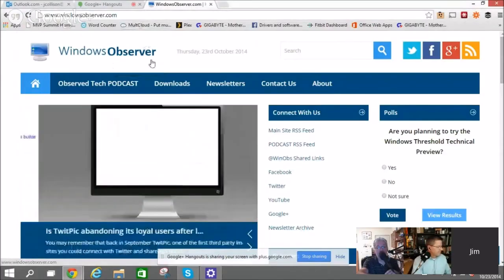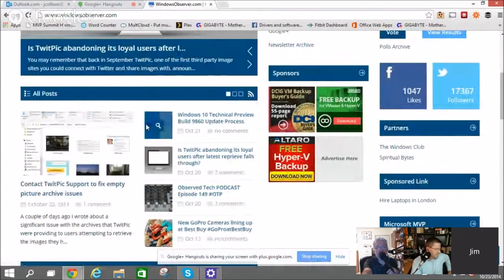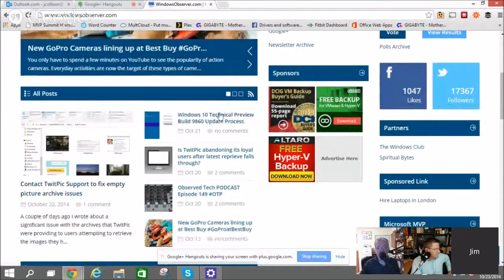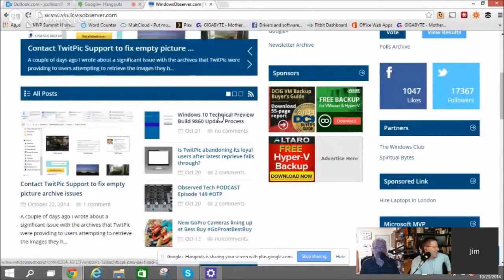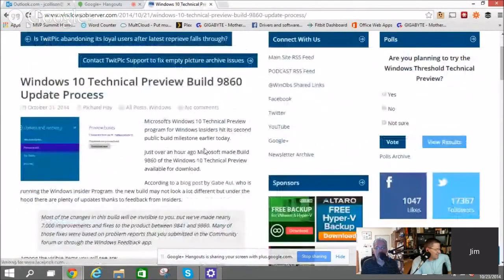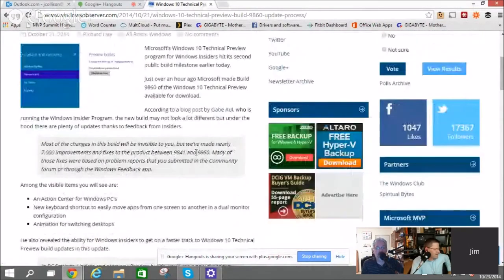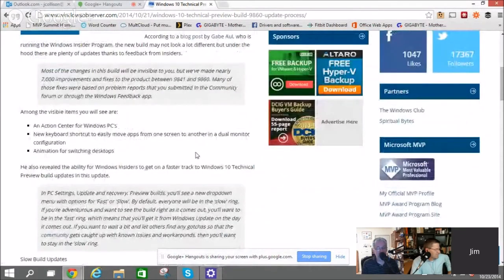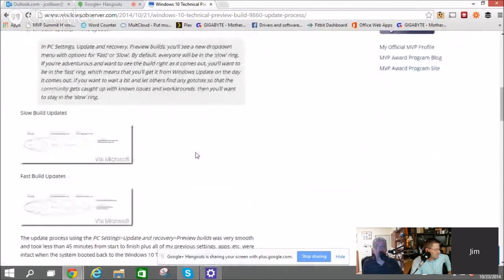If you go down, just scroll down the page a little bit. And there you go, the build process. That's the Windows 10 technical preview. I'm pointing at the screen as if you can see me. Sorry. There you go. This was the post I did after installing 9860 that walked through what that physical process was like. And like I mentioned earlier, the thing that caught me off guard was this dark moment on my computer after the first reboot. There was no screen, the computer lights are on, and my disk drive, there you go, those are perfect.